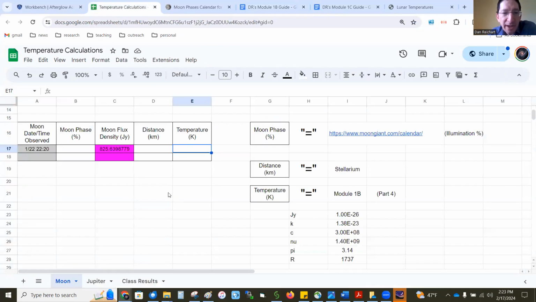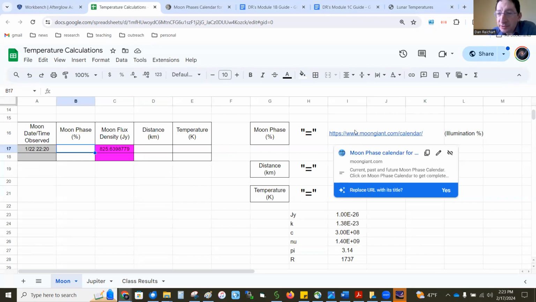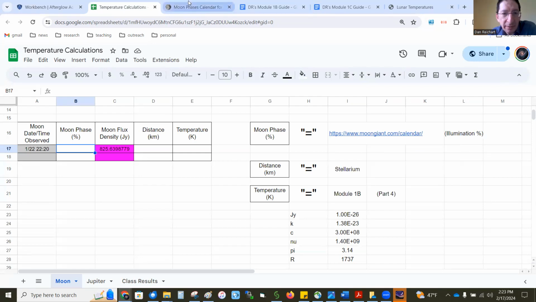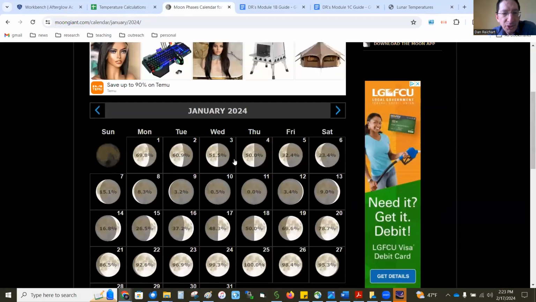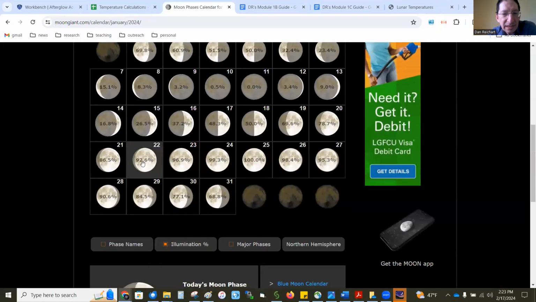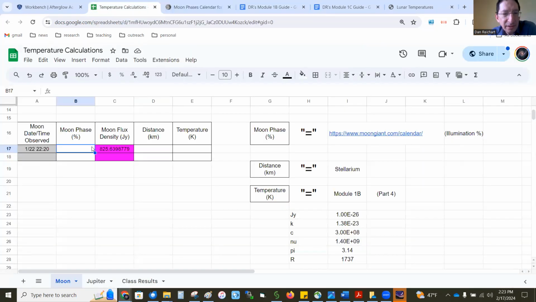So let's go back to our temperature calculation spreadsheet and fill in some of these things. So again, by this point, you have 2 measurements of the brightness of the moon taken at different dates. I only have 1 here, but that's enough to show you how to do this. Here is the moon's phase, and you can get that from most online lunar calendars. I've linked one of my favorite ones here. This date was January 22nd. To get the illumination fractions, you click here. So 92.6. So it's almost full,